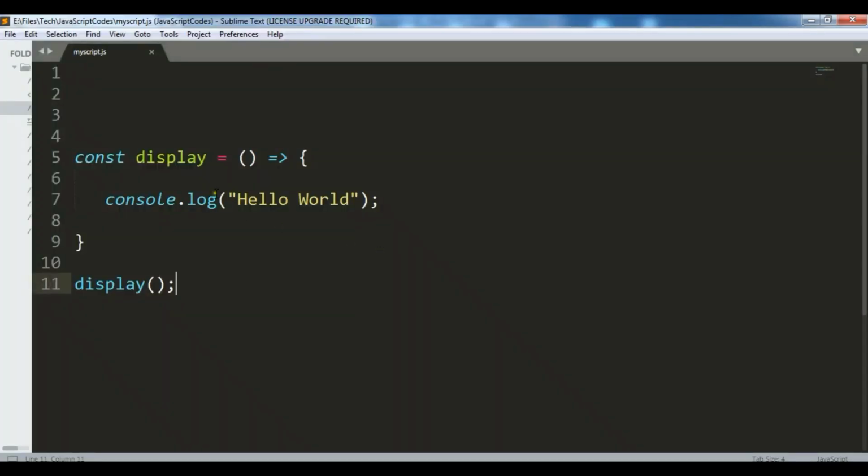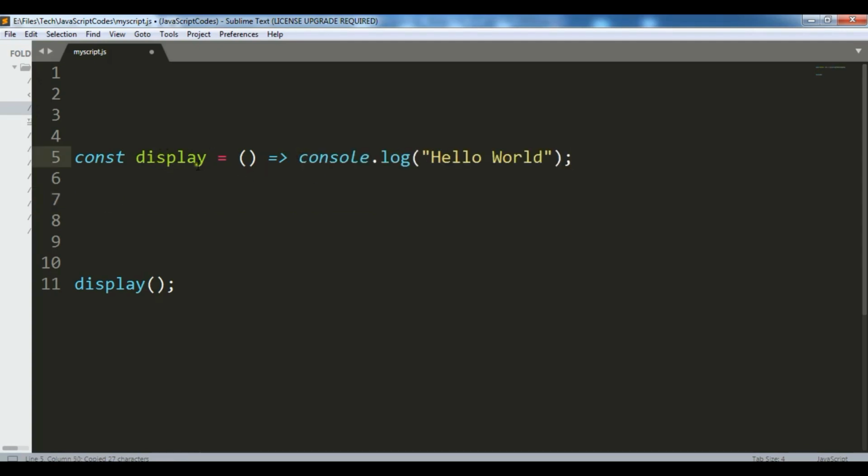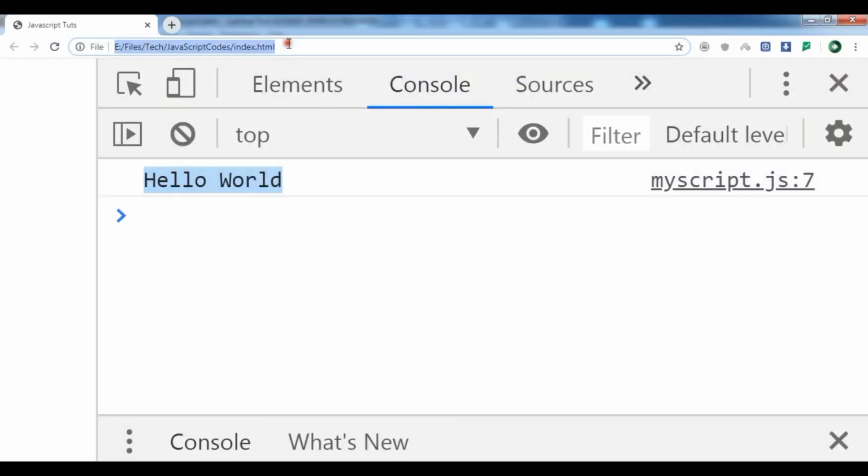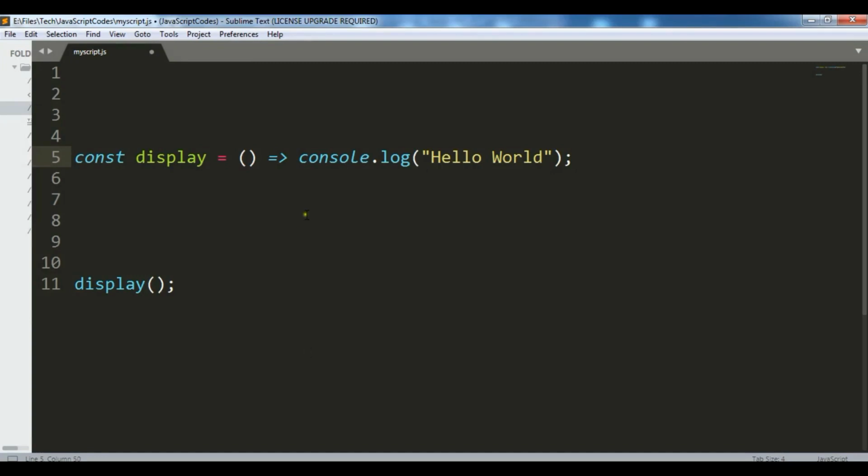Now you can make it better, because in here we have just one statement. When you have one statement, you don't need to add these curly braces. You can remove this, cut this and paste it in here. You can see now our function is in one line of code. Now if you run this, you can see we're receiving the same result. Also you can pass a